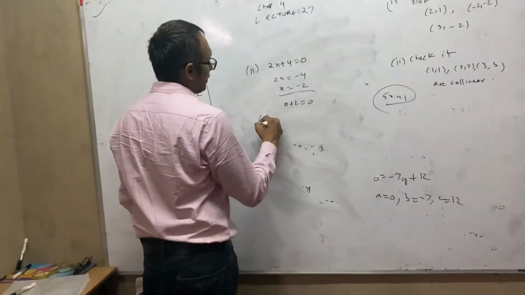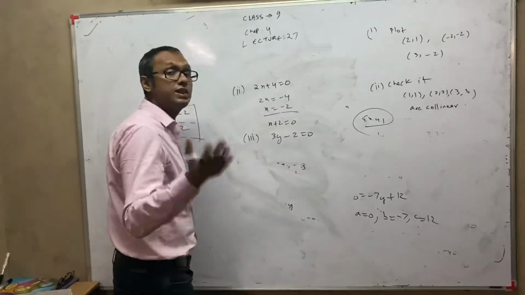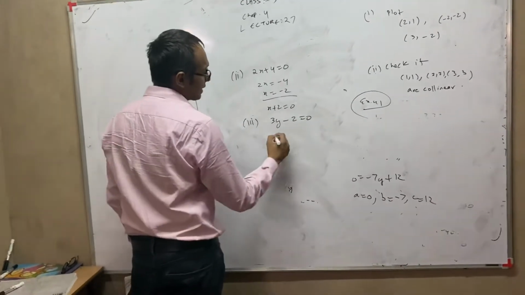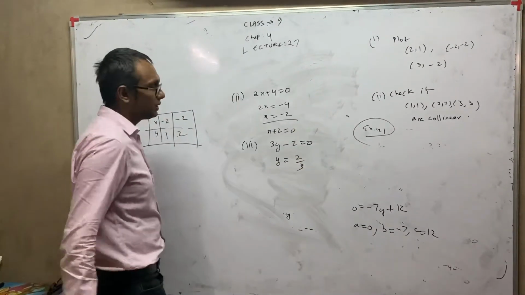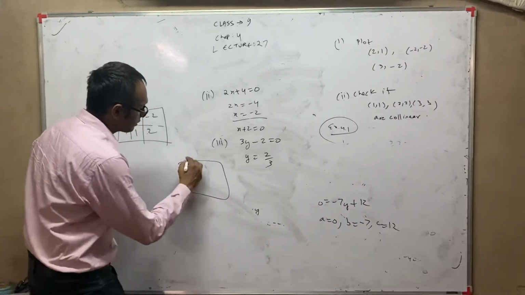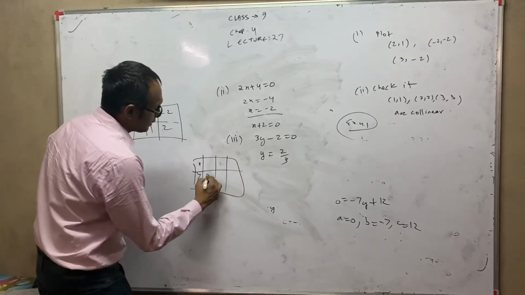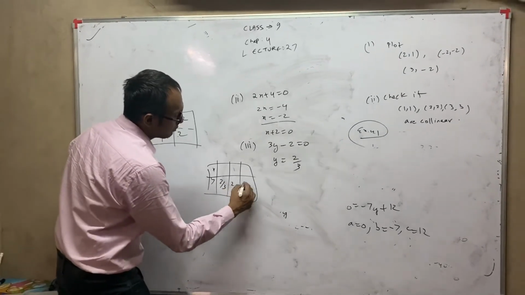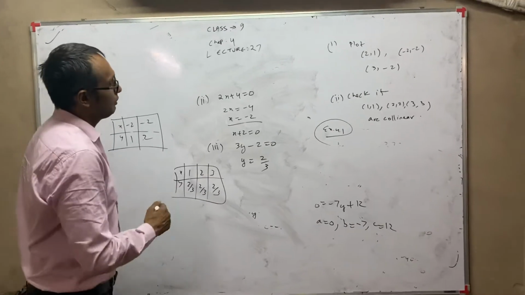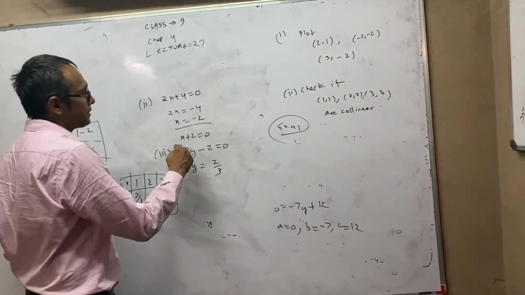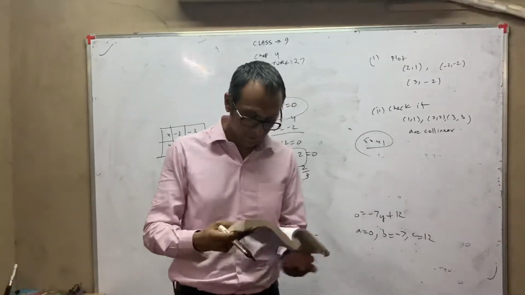For example, if the question is like this, 3y minus 2 equal to 0, find 3 solutions. First step, I just calculate the value of y. It is 2 upon 3, and then when I have to write 3 solutions or 4 solutions, y will remain 2 by 3 and x, whatever you want, you can write. Okay. So whenever an equation comes in which only one variable is involved, then the sum is easier.